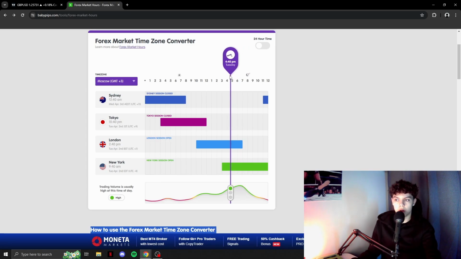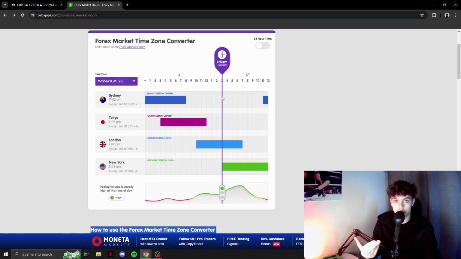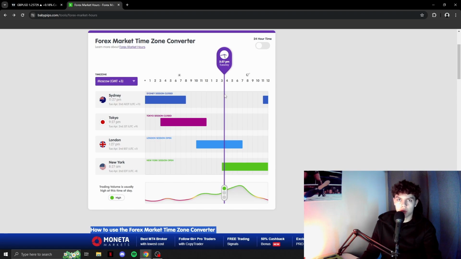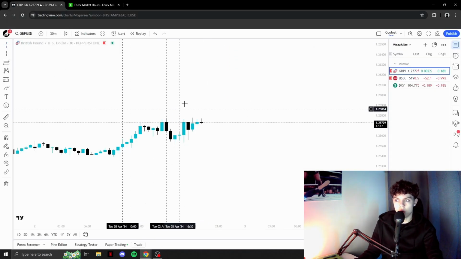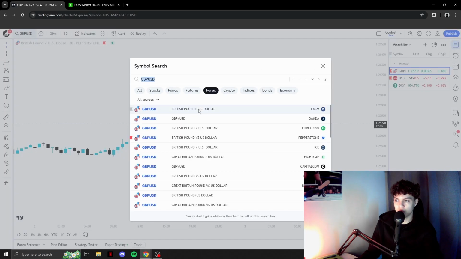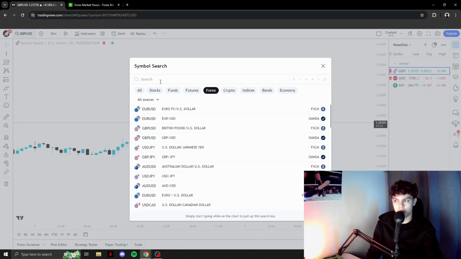If you live in London, then London session is going to be great for you. It's going to be at 8 a.m. for London people. Now New York is going to be 8 a.m. also for New York people, like people who live in New York. But just choose whatever fits you, okay? And after that, you're going to go on these pairs and choose a pair that fits the market session open.